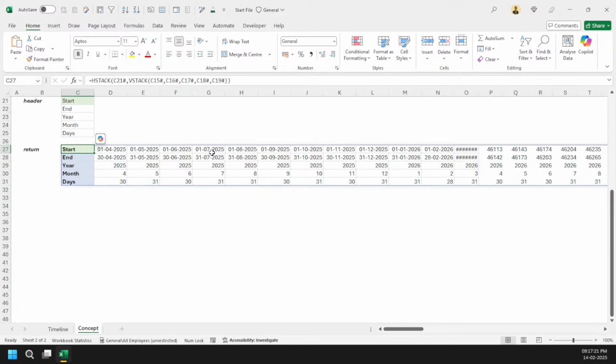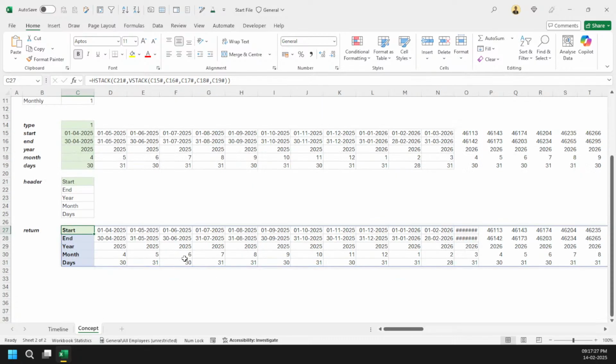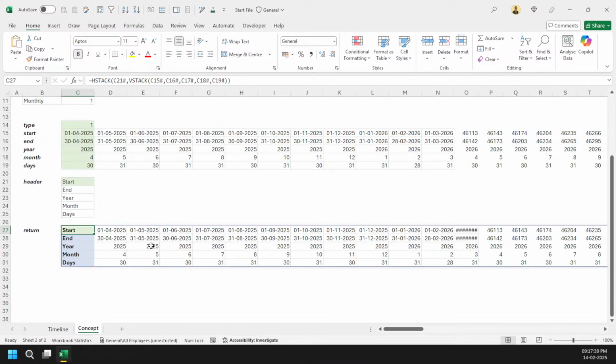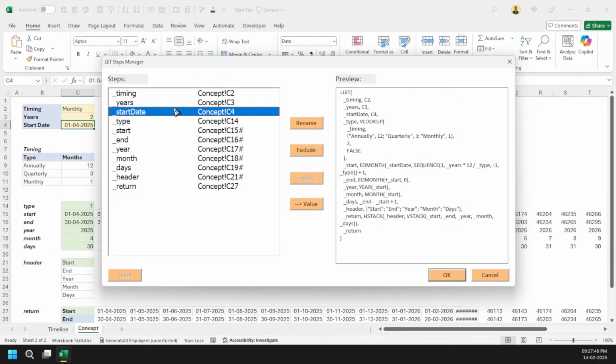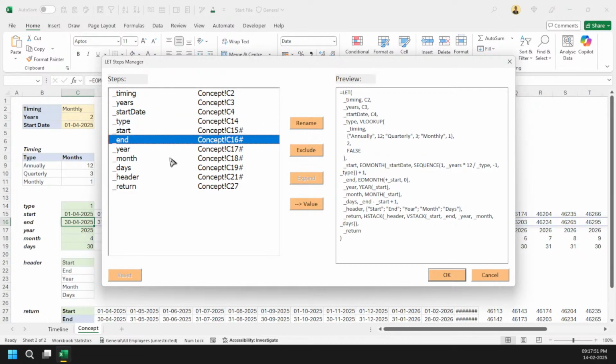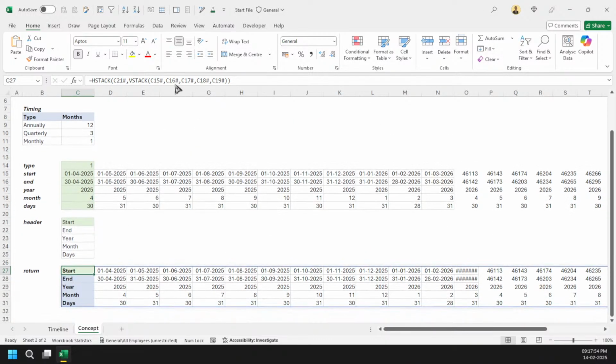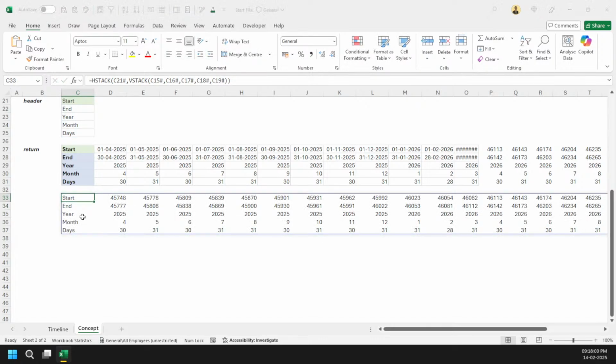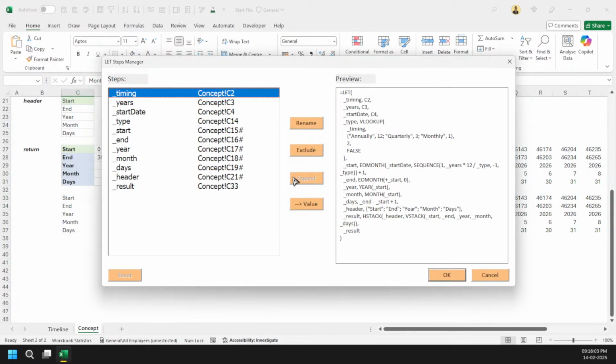Do we need to create a LAMBDA, or let's just say we are going to simply make a LET statement? Either way, I'm just going to use the OA robot. The reason being, I don't want to go to Excel Labs and go value by value and figure out the values. So I can come here, just say LET, and it will generate all my values here directly: timing, years, start date, type, and everything. Got it? So what I will do here is copy this whole part and paste it here, and I will tell you two reasons because it needs a bit of explanation as well, right?